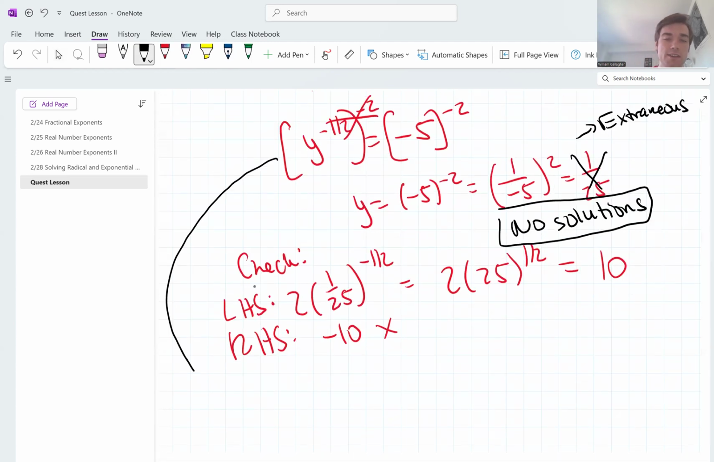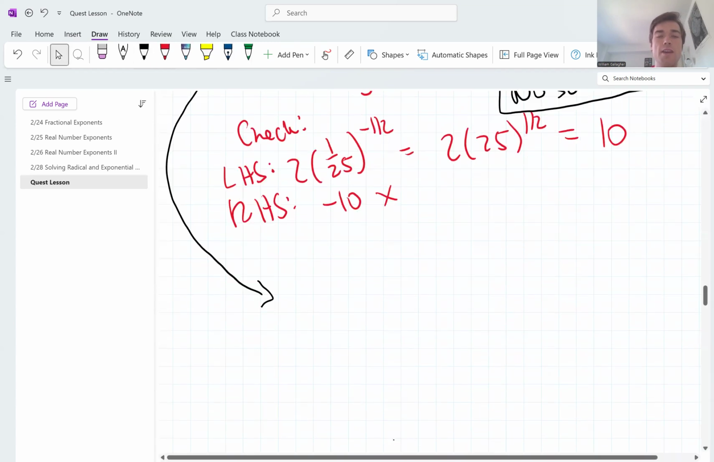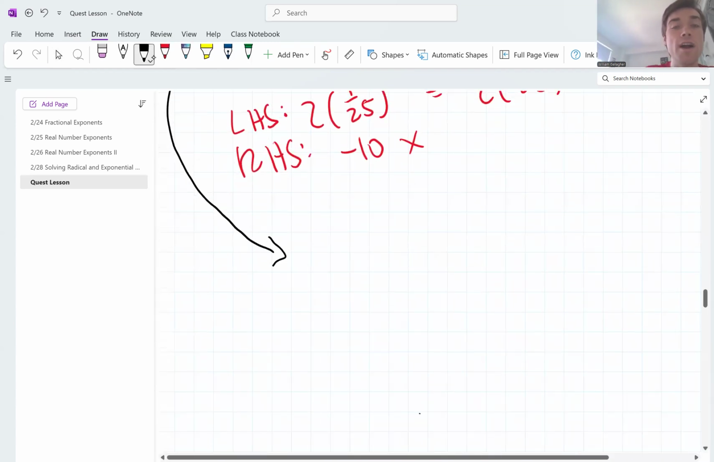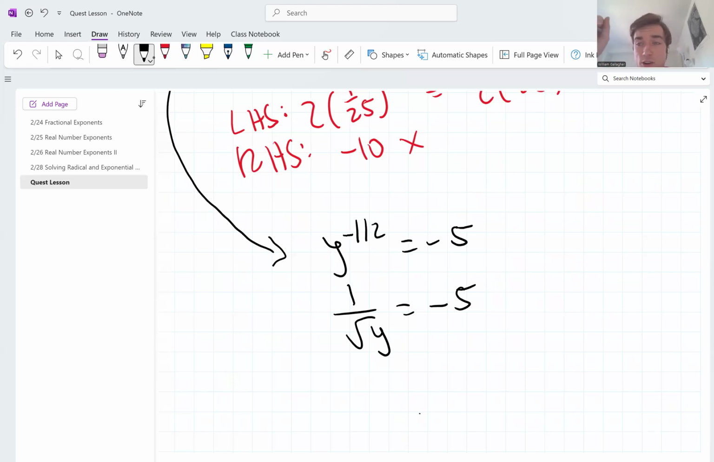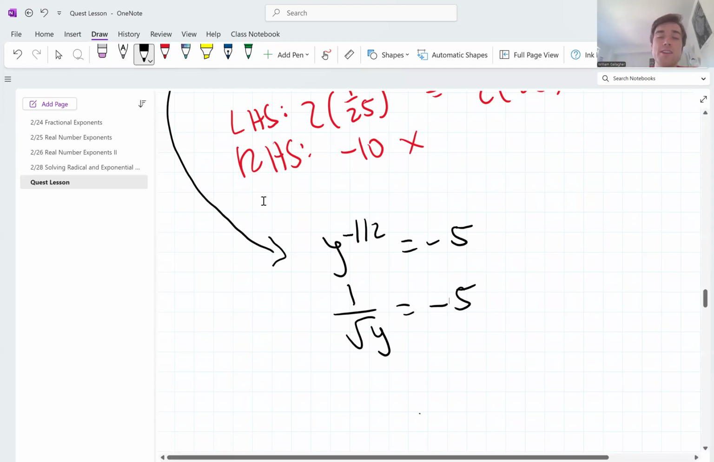So if we go back to this step, right? We have y to the negative 1/2 equals negative 5. And so instead of thinking about this in exponential form, we could put it in radical form. So this is 1 over the square root of y equals negative 5. And this should set off some alarm bells in your head, right? Think back to our u sub unit. Think back to what we just talked about with the range, right? This is never true